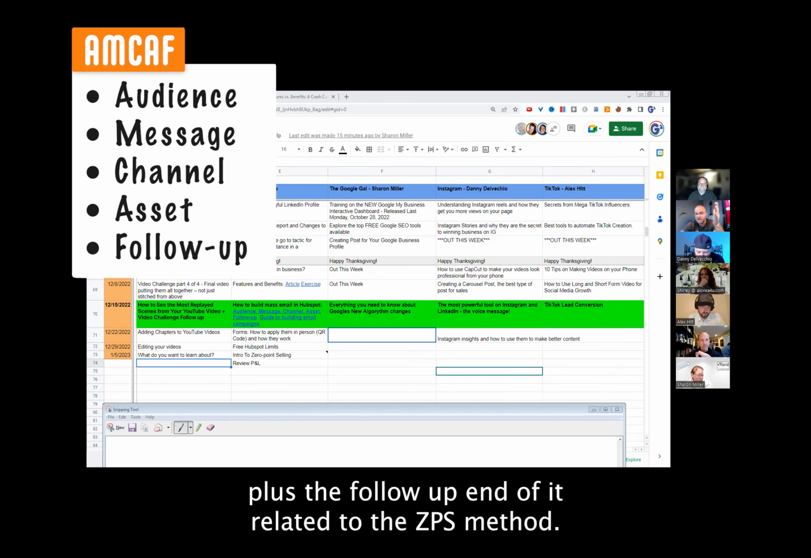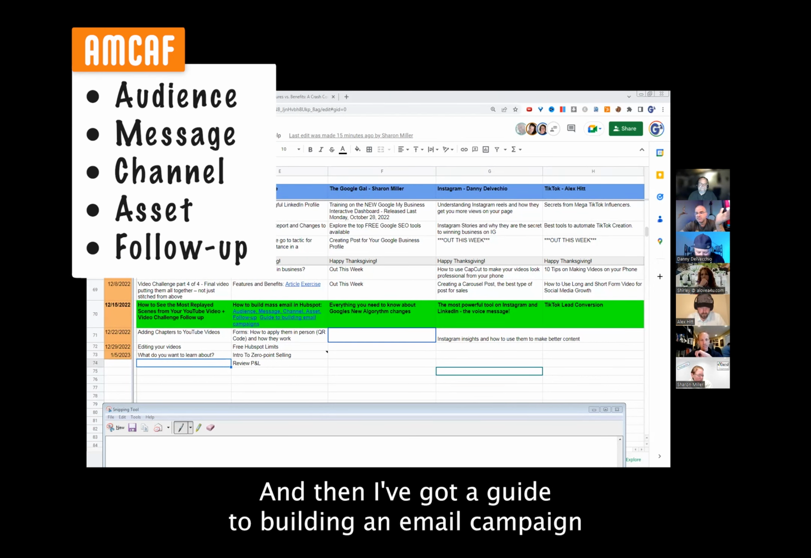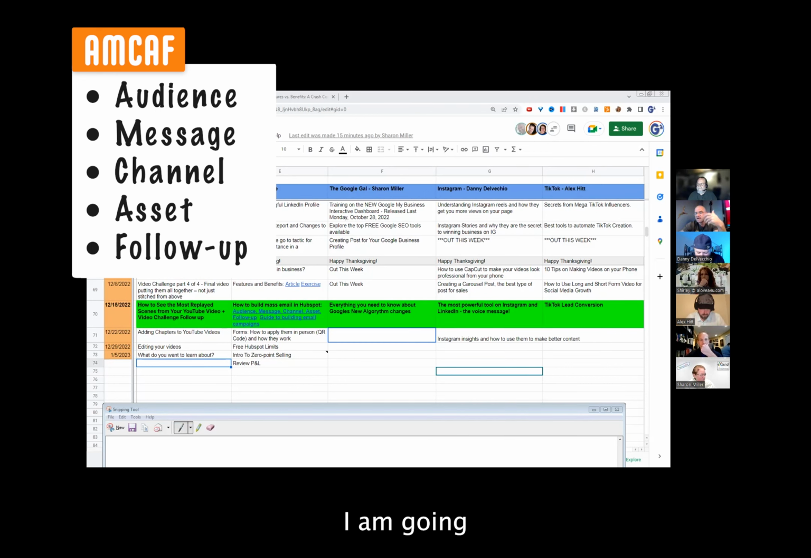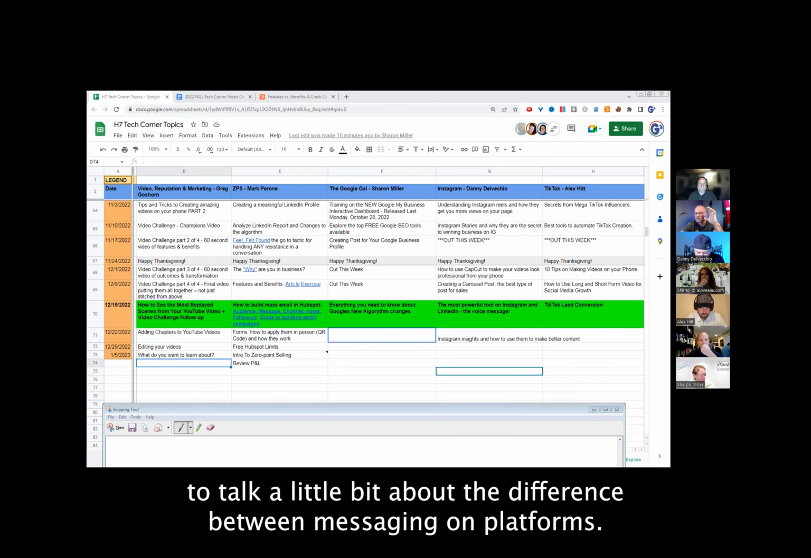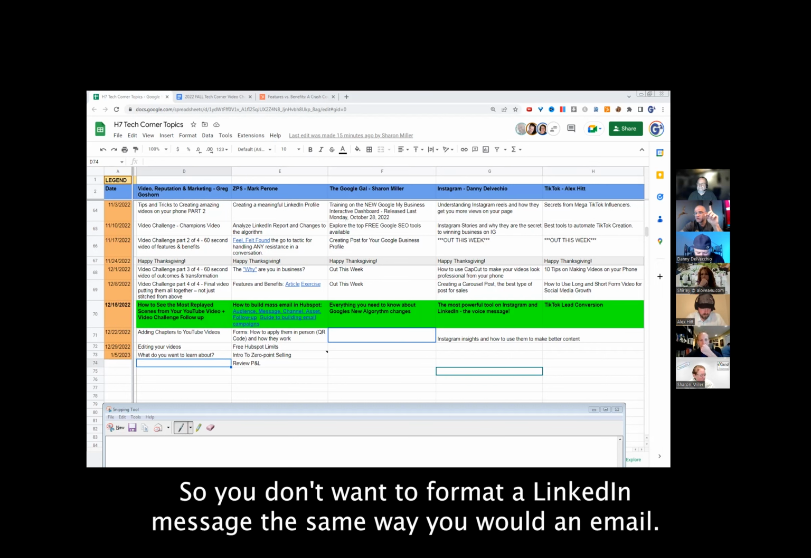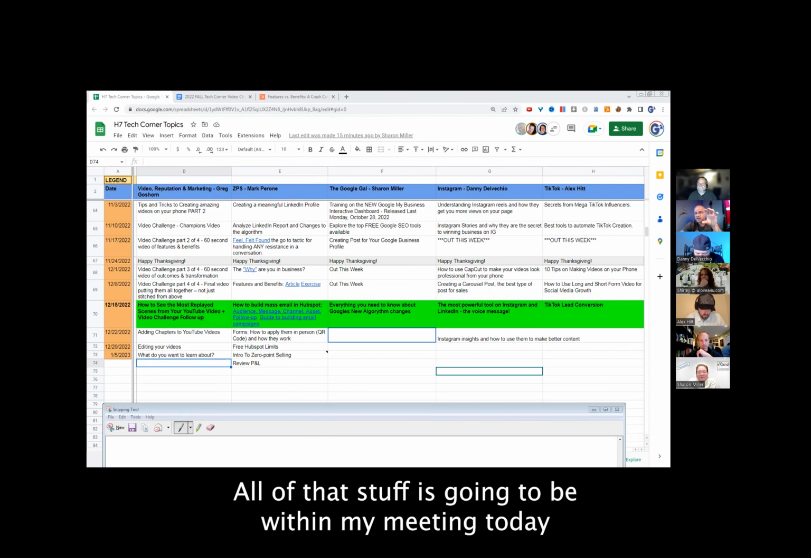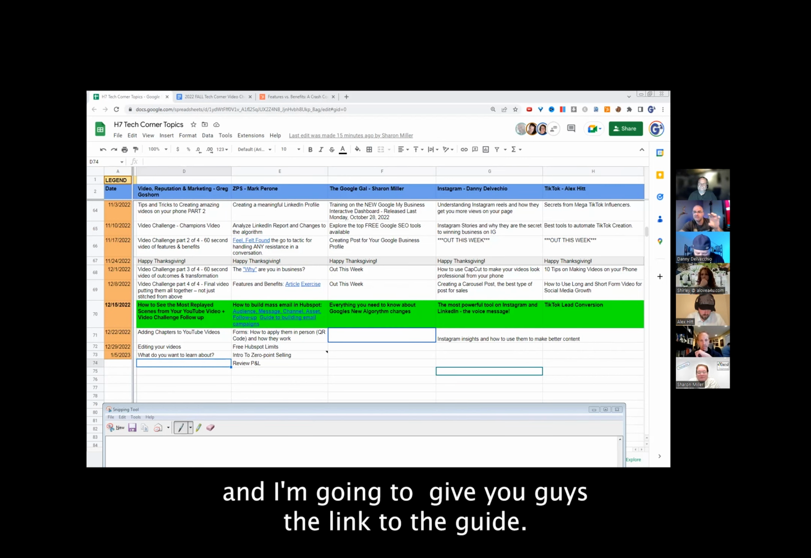related to the ZPS method. And then I've got a guide to building an email campaign so that you can capitalize on all the elements. I am going to talk a little bit about the difference between messaging on platforms. So you don't want to format a LinkedIn message the same way you would an email. All of that stuff is going to be within my meeting today, and I'm going to give you guys the